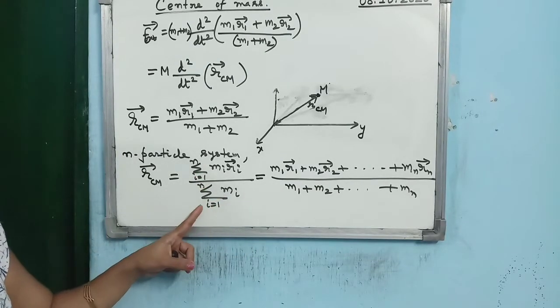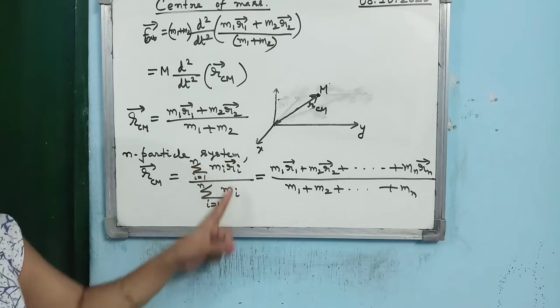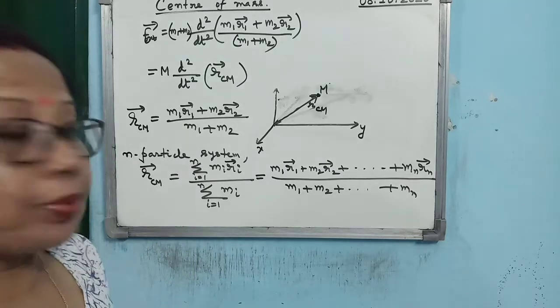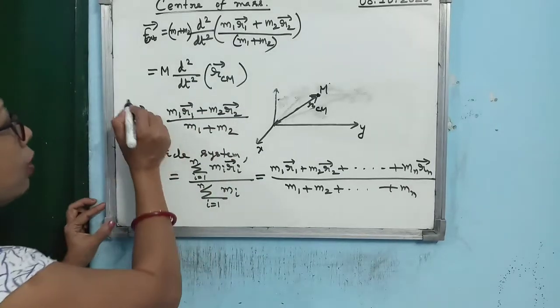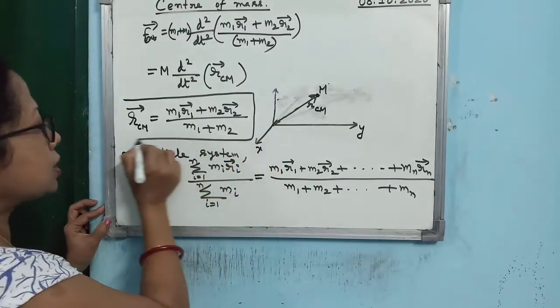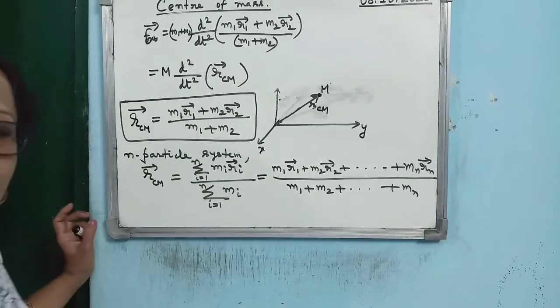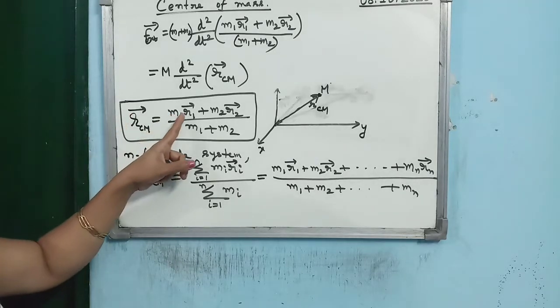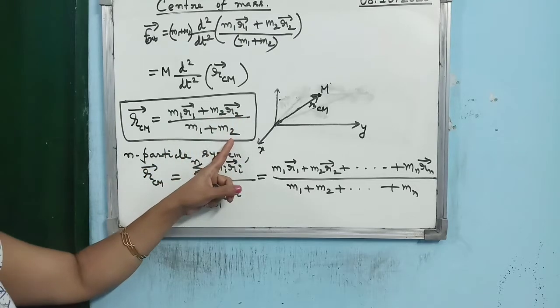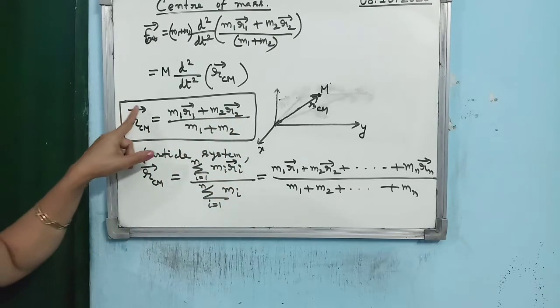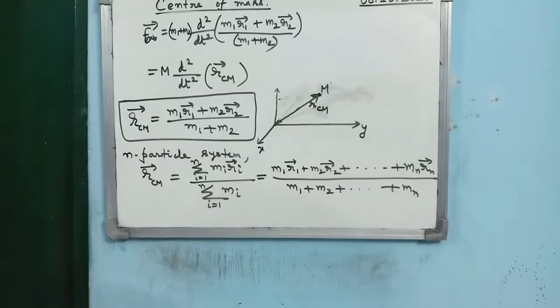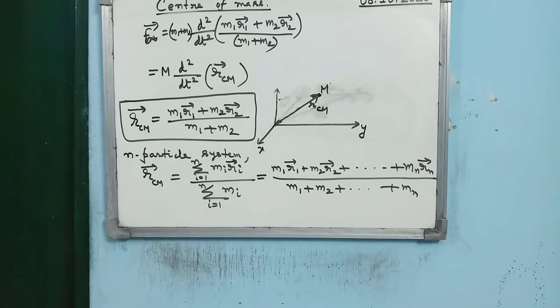So mathematically, in a simplified way, one can write this as sigma i equal to 1 to n of mi Ri. This is the most important one, because the derivation you may forget, but you are not allowed to forget this, and this chapter is a very small chapter. Few formulae are there and you have to remember them. So RCM is M1 R1 plus M2 R2 by M1 plus M2. If you write only the magnitude, then don't give the vector sign, and if you write in vector form, then give the vector sign above all position vectors. So these are the expressions for RCM.